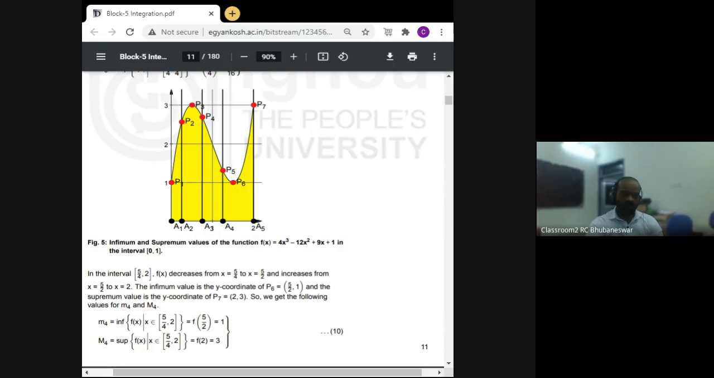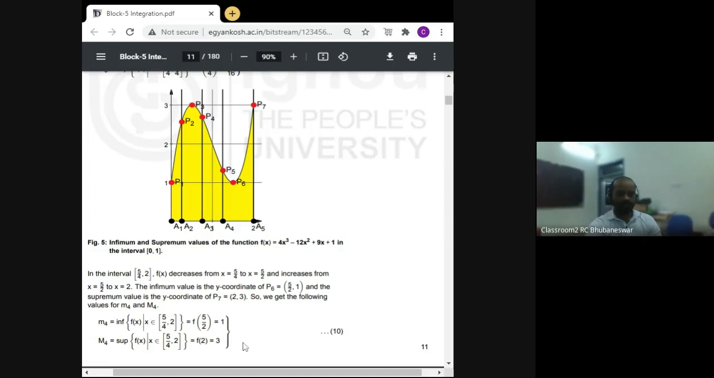Similarly, to find the supremum value, or the largest value, in the interval of 5/4 and 2, we have to focus again on that particular graph in this section, and here P7 is the largest value that the function attains exactly at the point A5, and A5 is at x equal to 2. So x equal to 2 is the point at which the function attains its supremum value, and the supremum value will be 3. We substitute x equal to 2 in the given polynomial to get this value